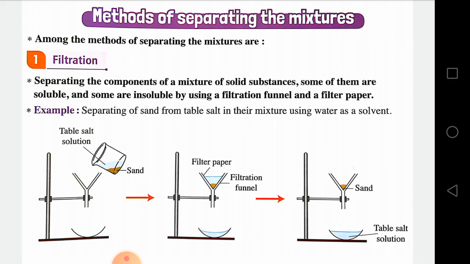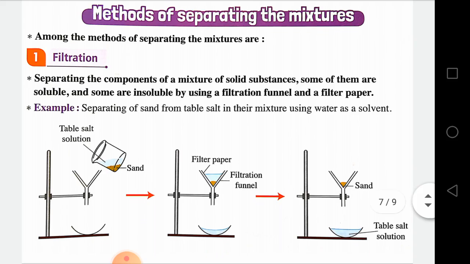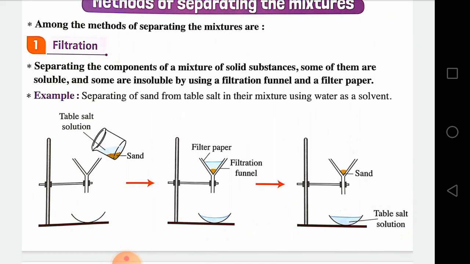Filtration is used for separating the components of a mixture of solid substances, some of them soluble and some insoluble, by using a filter funnel and filter paper. So in this figure, or in this method, we use a funnel and filter paper, and use the property of substance solubility. So if we have a mixture of sand and salt, for example,